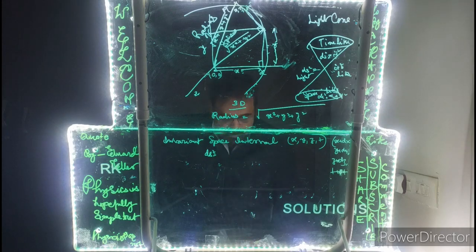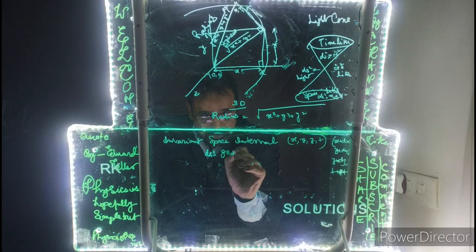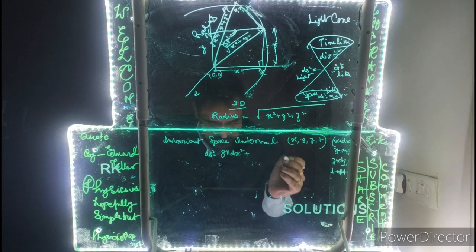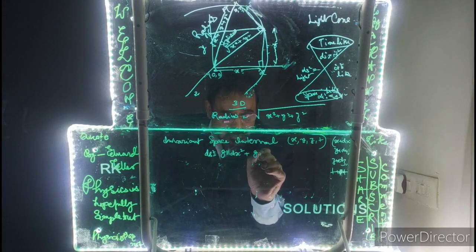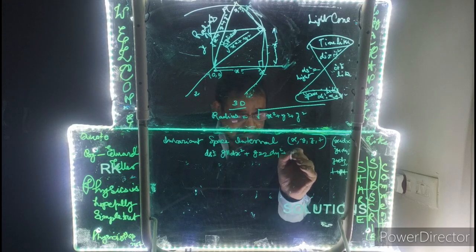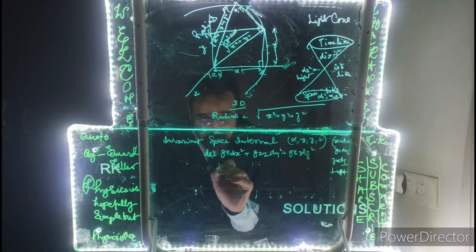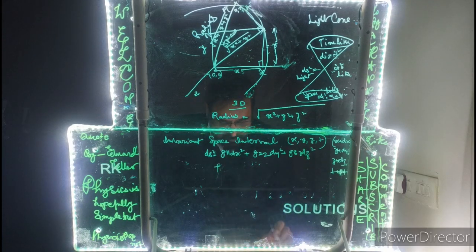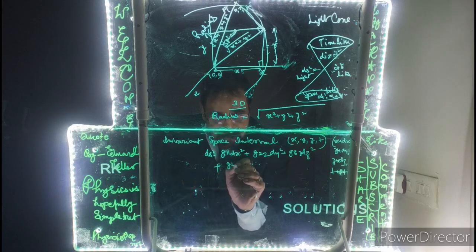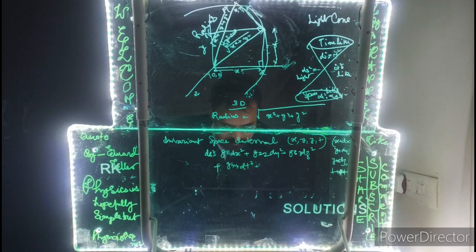So this will be given by g11 dx squared plus g22 dy squared plus g33 dz squared plus g44 dt squared plus